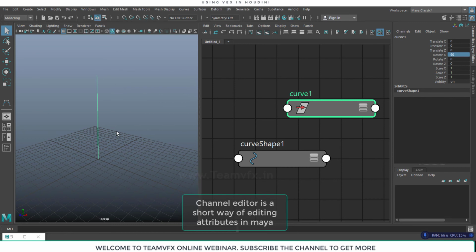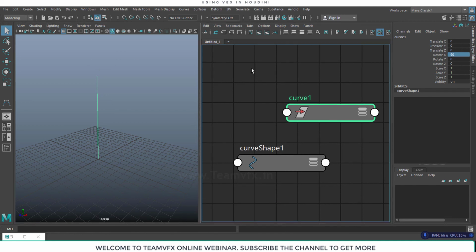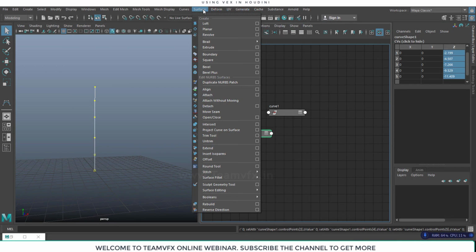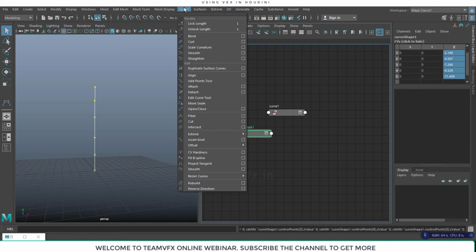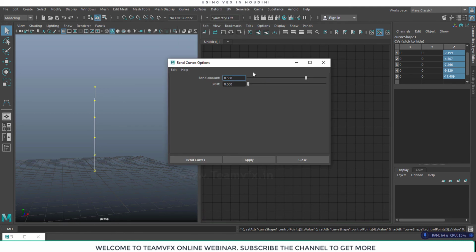After this we want it to bend a little bit in any axis, whether it's X or Z. For that we will use a simple command, and that is bend curve. So we'll go to the surface menu, select the curve, and click the bend curve command over here.